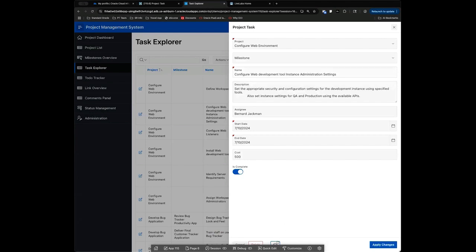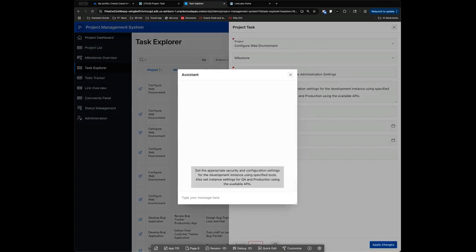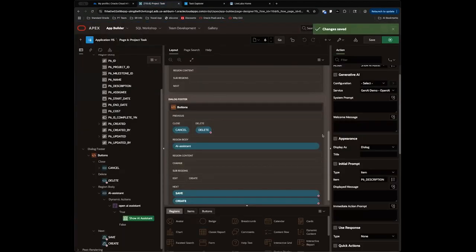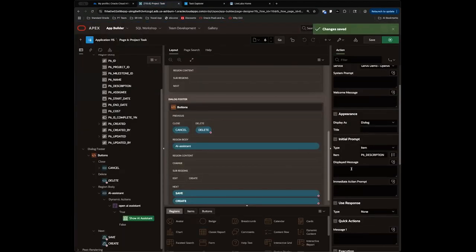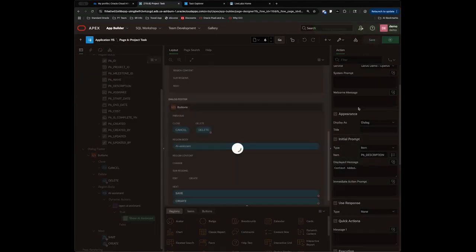Another thing I want you to be aware of is that the context you add can be super long, right? So if maybe you don't like the fact that this long paragraph is here, you can edit the text in this box. That way you can make sure that the context was added without actually seeing the long message. And you do that by changing the displayed message under the initial prompt. So if I say something like context added, and then click on save,